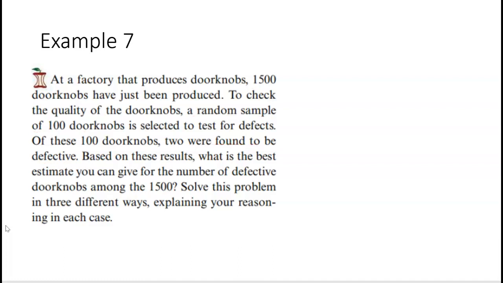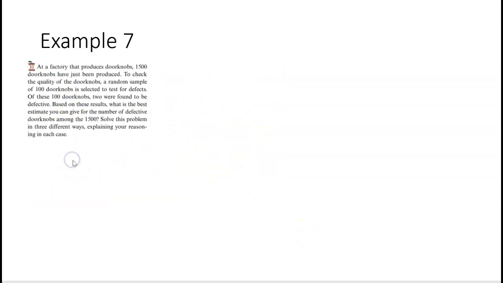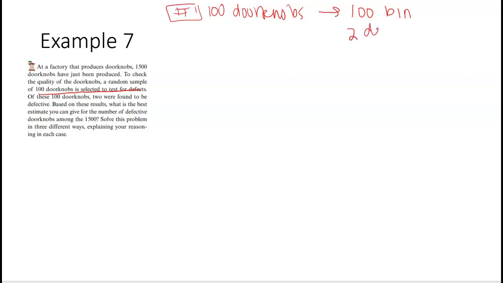Okay, I actually need more space than what I've got here, so I'm going to make this smaller. Okay, so what do we know here? Let's do the first method. Let's think about it as bins. So I've got 100 doorknobs, and they're going to go into a bin each. So they're going to go into 100 bins, 1 doorknob a bin. And remember that 2 are defective. So I'm going to have 2 defective bins